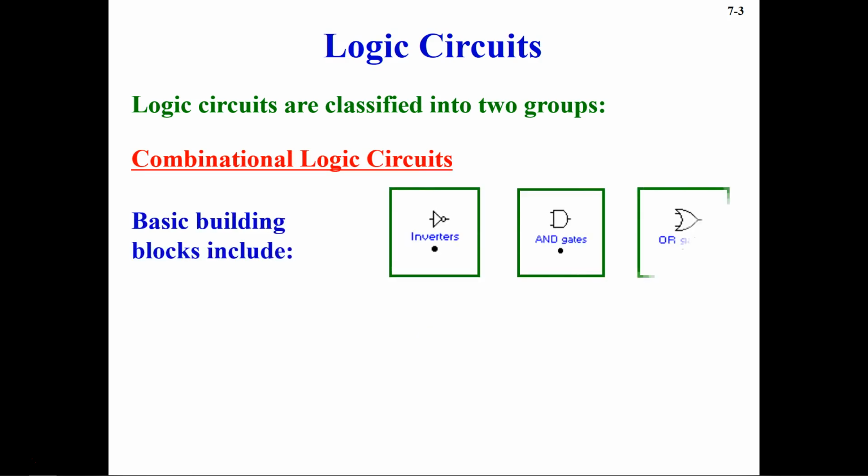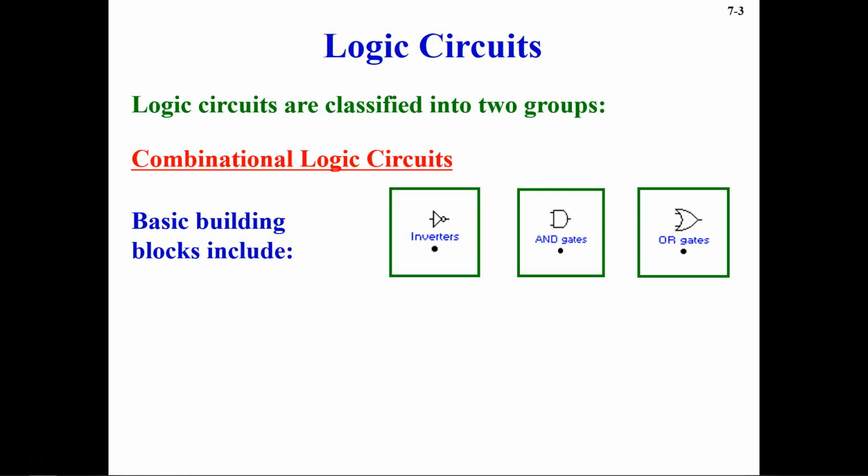So let's start with the logic circuits. Logic circuits are classified into two groups. The first group is the combinational logic circuits and the other one is the sequential logic. Combinational logic circuits we have already seen in our previous lecture. These are the basic building blocks of the combinational logic circuits: your inverters, AND gates and OR gates. And with the use of these three gates, we can make other gates like NAND gates, NOR gates, and